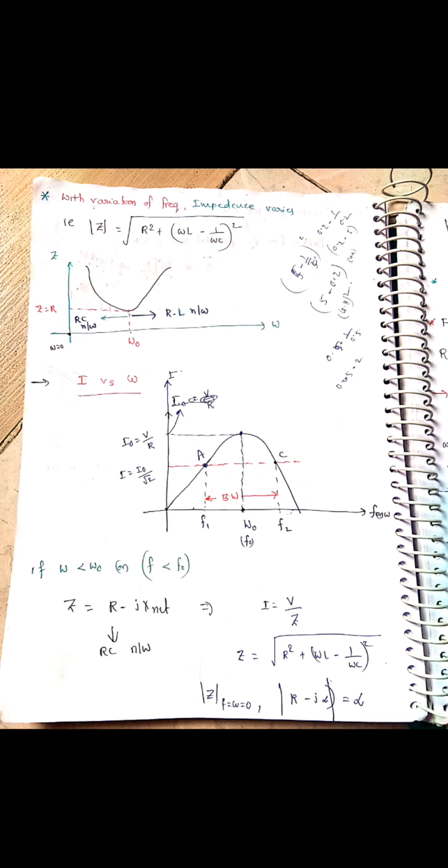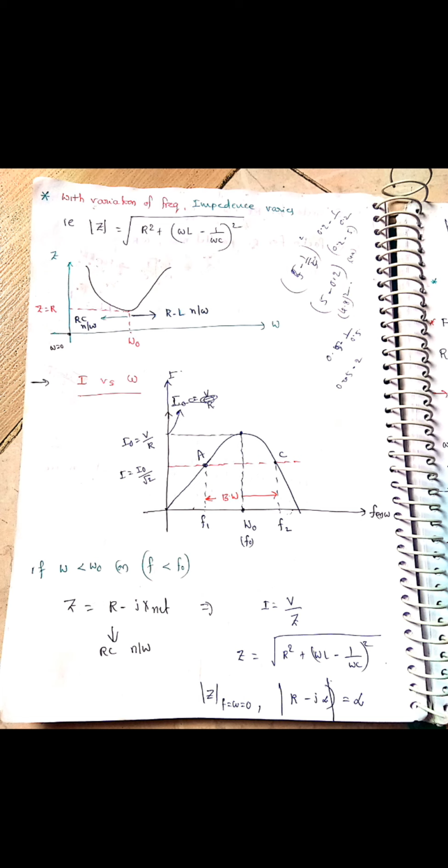Whenever you want to draw the theoretical characteristics between two variables, we have to derive one mathematical relation which shows the relation between those two. We already know the expression for impedance in a series circuit is R plus j into XL minus XC. XL minus XC in terms of omega is omega L minus 1 by omega C. If you want to write the magnitude, take the square root. Now if I assume omega is equal to 0, then Z is equal to infinity, since 1 by 0 is infinity. That's why the curve, instead of starting at any one point, will start from infinity.